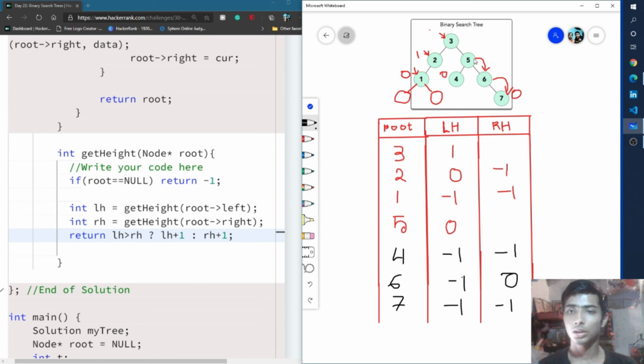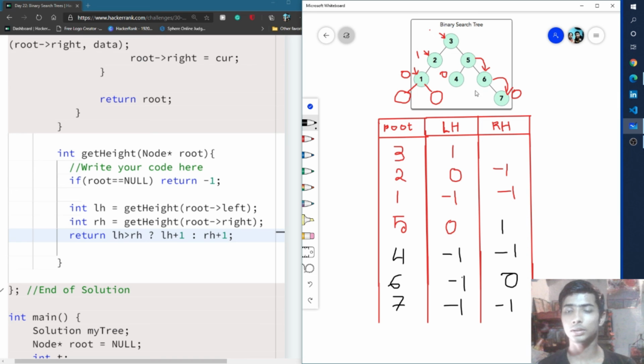So 1. So 6 is the right node of the 5, so that means we simply return 1 to the 5. So for the 5 node the two values are 0 and 1, so the maximum of these two is 1, so that means we return 1 plus 1, 2.